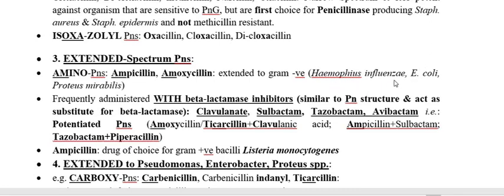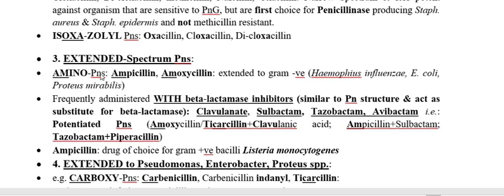Also the soft ones are Haemophilus influenzae and Proteus mirabilis. So under this extended spectrum, the first group acts against soft gram-negative bacteria like E. coli, Haemophilus influenzae, and Proteus mirabilis, and the drugs are called